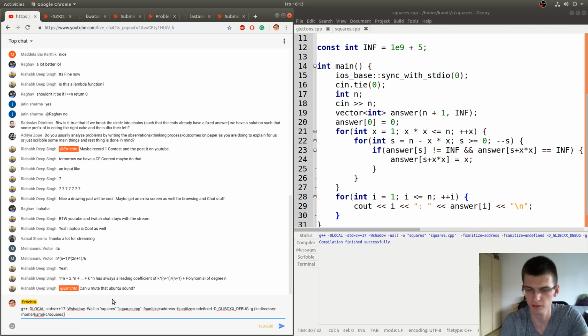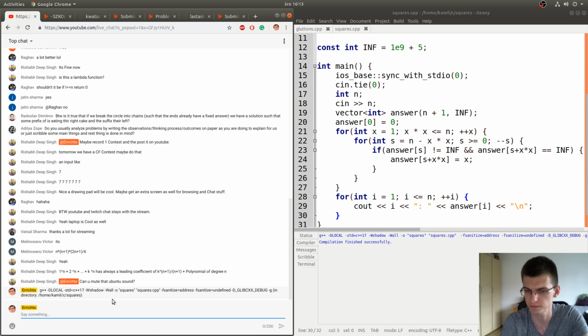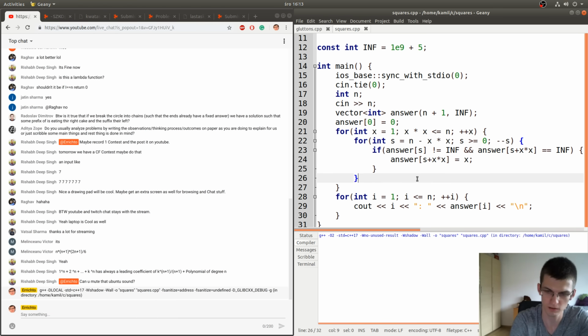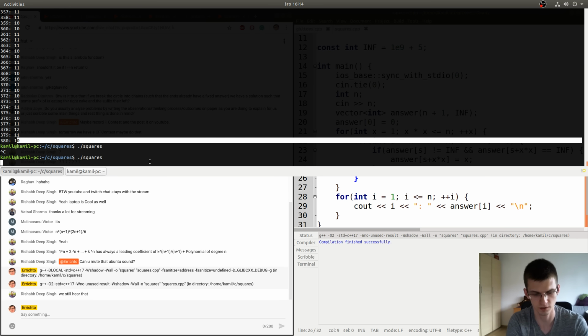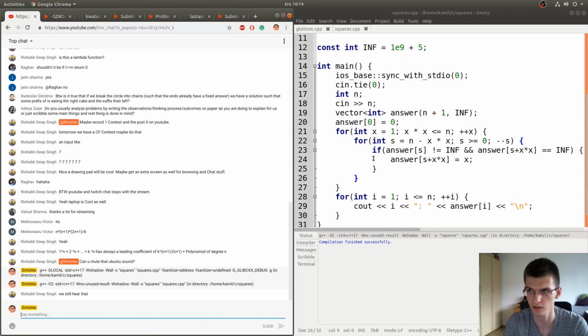So this is my flag for compiling with debugger flags, but it's slow. And also I have a button to compile with O2 optimizations and without those sanitizers to then do something faster. We still hear that. Okay.